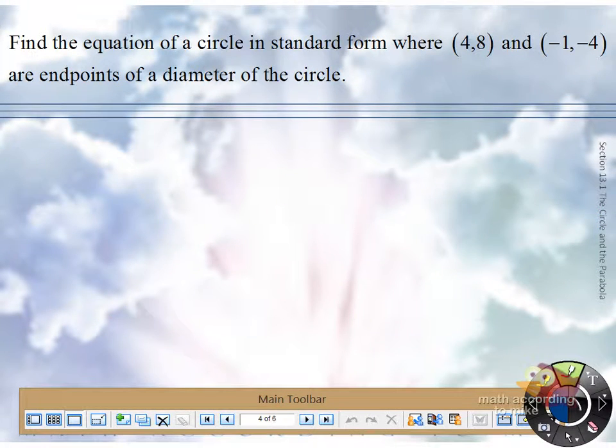Find the equation of a circle in standard form where boom and boom